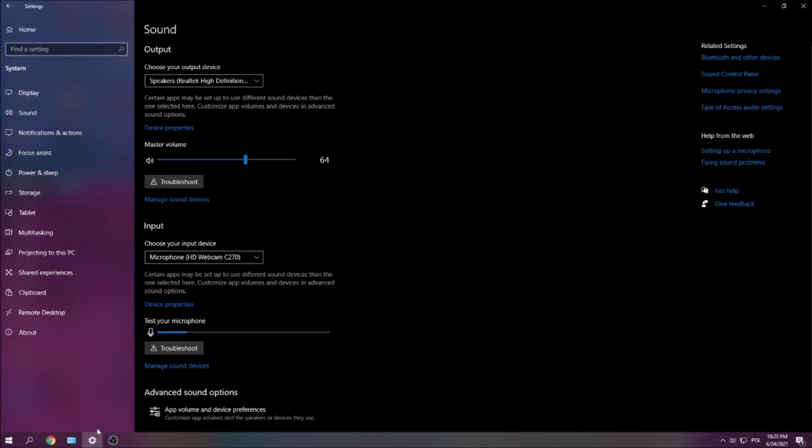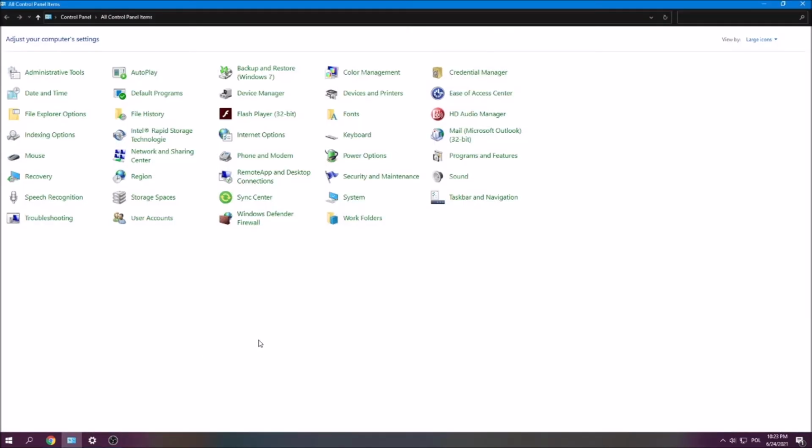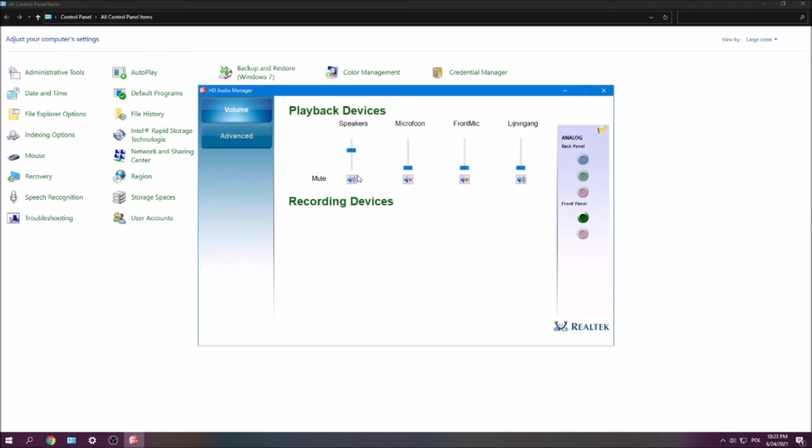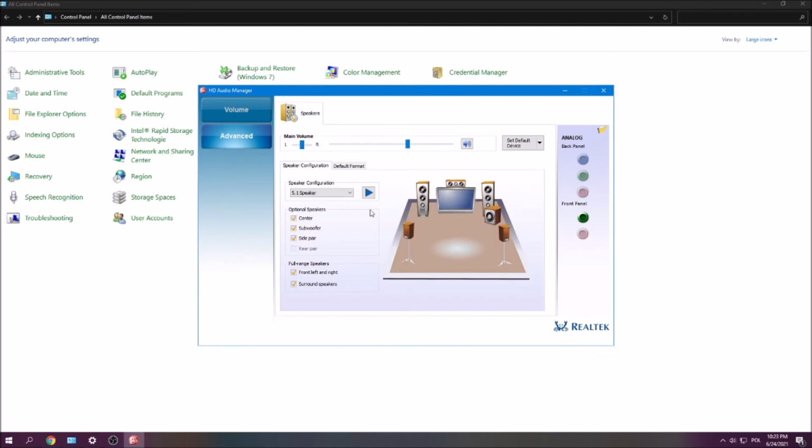And what did help was so easy. Just go to Control Panel and go to HD Audio Manager, and here just change from stereo to 5.1 speaker,